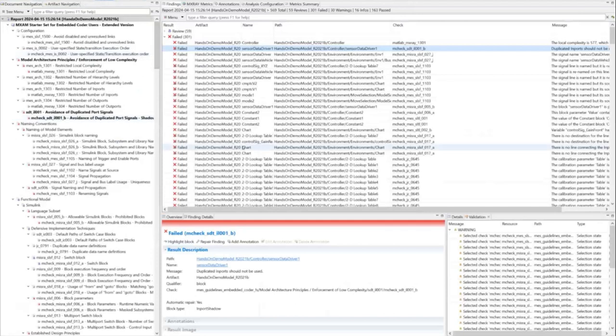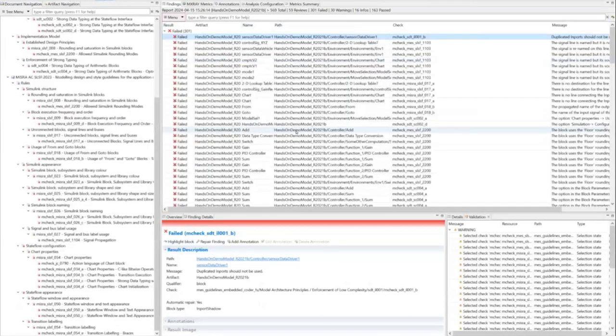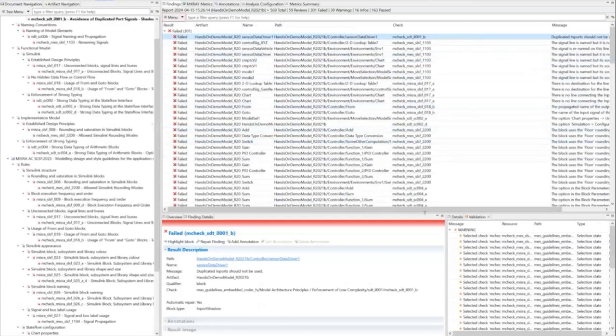I have a report here, and we also added a filter to show repairable findings only, which we can now apply. For instance, we have one guideline here, which is that a duplicated import should not be used, where we can